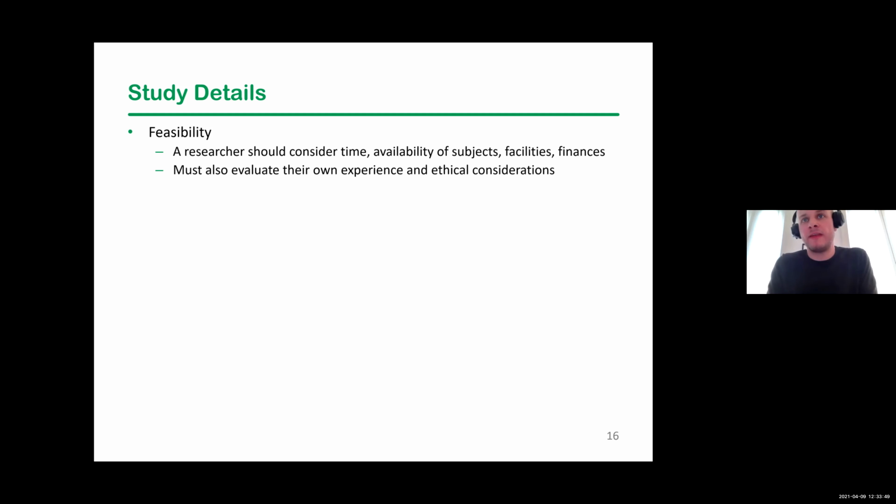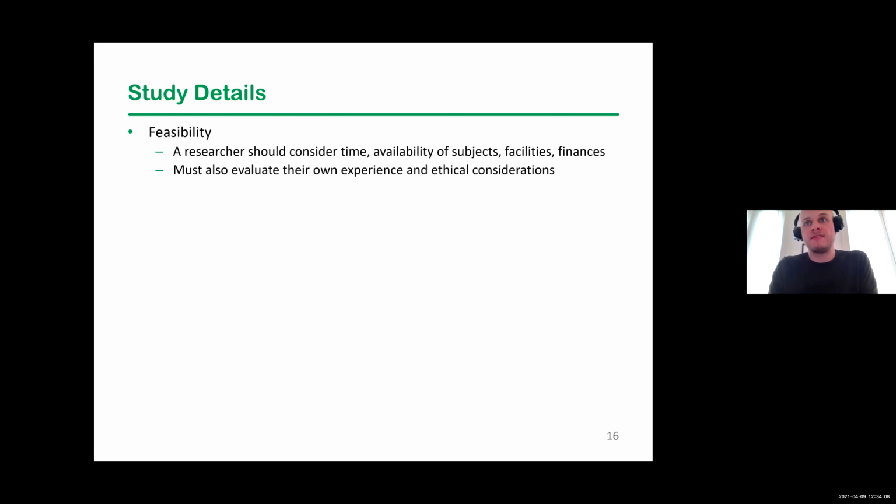The next one is the availability of subjects. If you're studying a super rare disease, maybe you don't want to do prospective data collection where you're trying to find these rare patients out in the clinics. Maybe you want to go back and do some chart reviews and find patients in the charts, do an EPIC data pool, for instance, or EHR data pool. That's really important to think about.